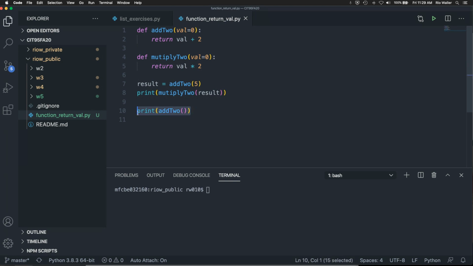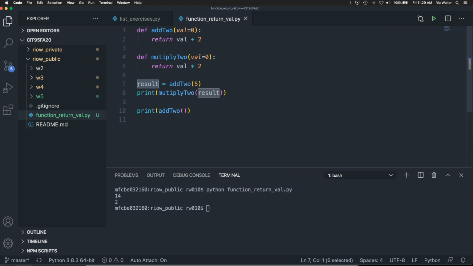And then I just said print the output of calling with no arguments. Remember, arguments, parameters. So what was your guess on the output? Yeah, 14. So how is this true? We pass 5 as an argument into this first function. And because we are passing a value, we are defining that val as 5. And then we add 2 to it. So that'd be 7, and the return gets placed into result.